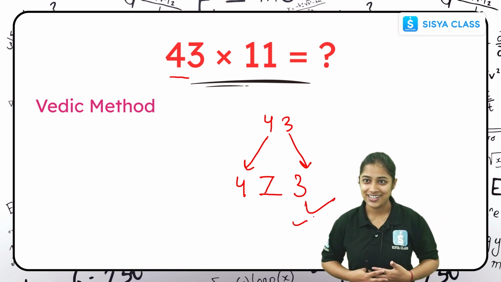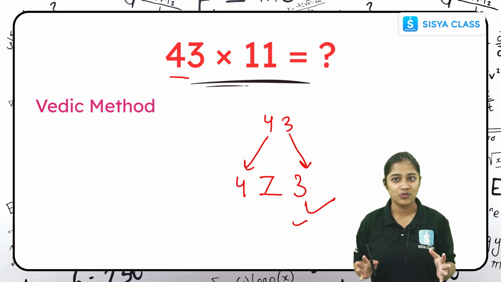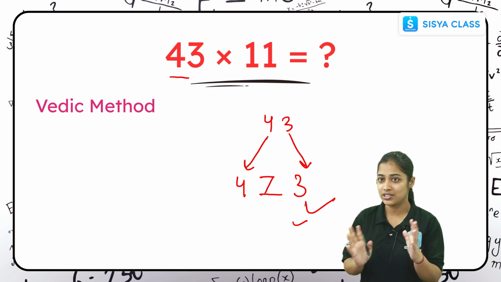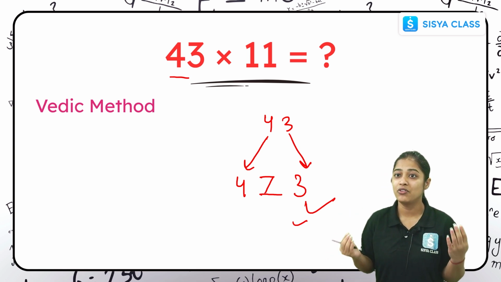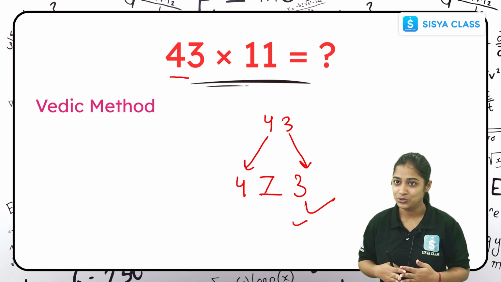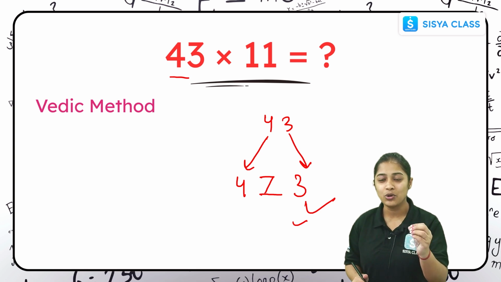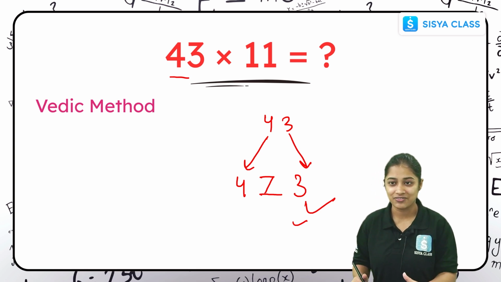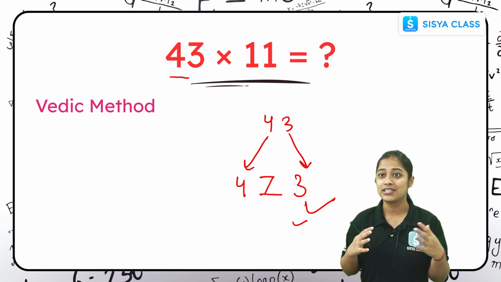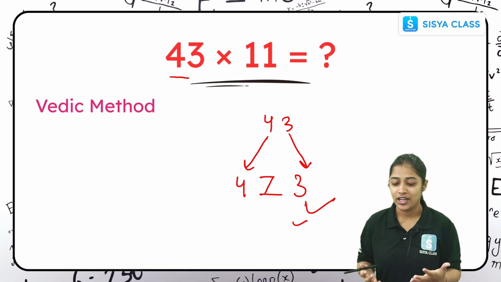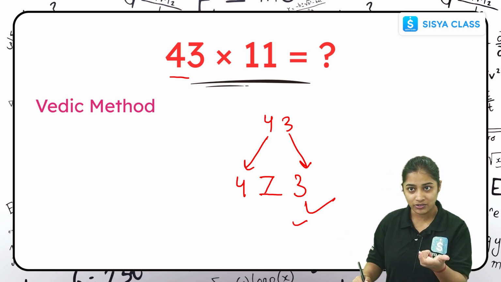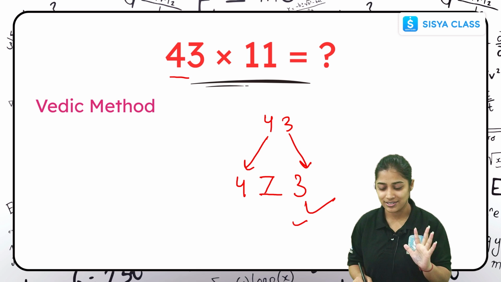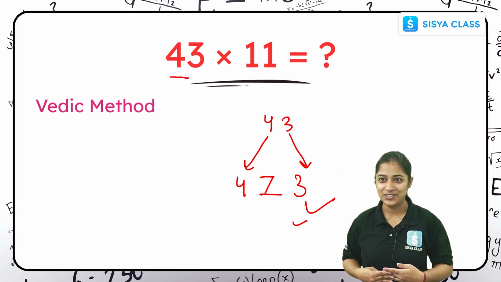So these were the tricks we have learned in today's class. First was that whenever you have a two-digit number and you want to multiply that with 5, what was the trick? That we will divide our number by 2 and after that we will add 0 in our answer. So that was the first trick. And the second is that if you want to multiply any two-digit number and the sum of the digits is less than 10, then you will write your digits, okay? And after that, you will write the sum of the digits in between. So that will be your answer.